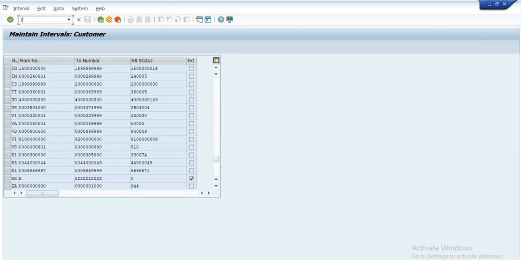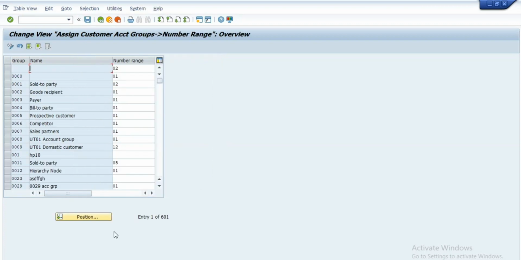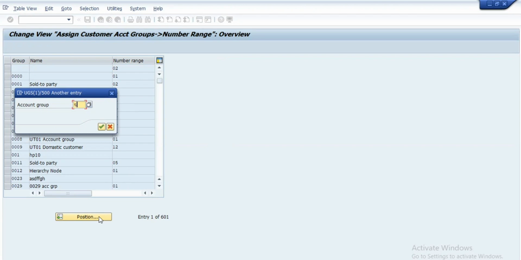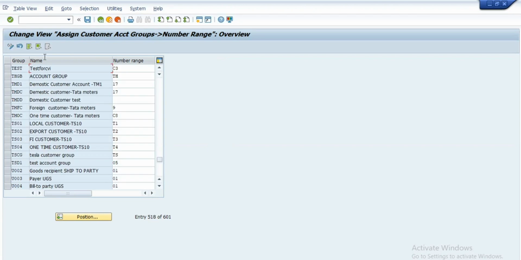And after defining the number ranges, we need to assign the number ranges in the OBAR transaction. That is, for a particular group, we need to assign the number ranges. The test group, the C3 number range, will be assigned. After creating the sales customer master, the customer number will automatically update by using this number range, starting from the C3 serial number. It will automatically update while creating the customer master in SAP. That means these are all the prerequisites we must create before creating the customer master. And next I will go to XD01,